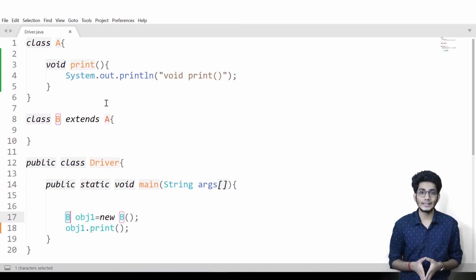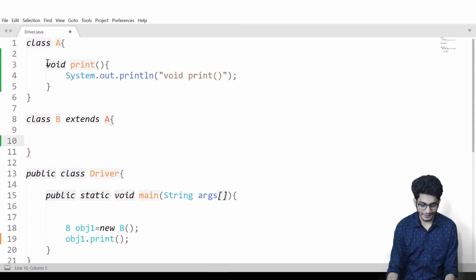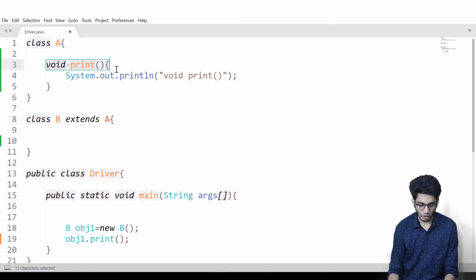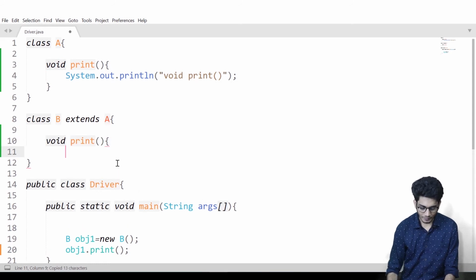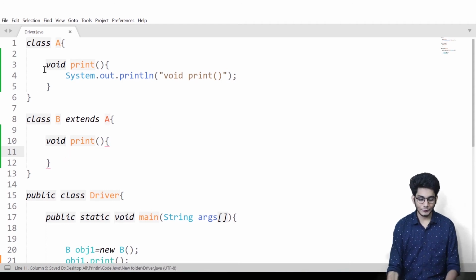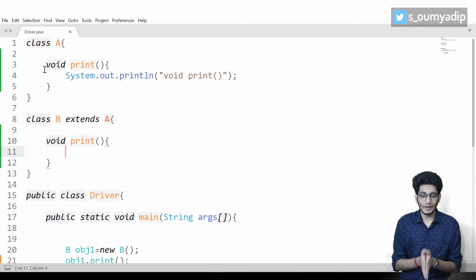Now how do we override this method? For overriding, you have to write this method with the same signature. What do we mean by signature? The parameters we are passing. How many parameters are we passing here? We are passing 0 parameters. So we'll just copy this and write the same method in class B. So we have successfully overridden our method. What do we mean by overriding? I am saying this again: your parent is saying something to you and you are overriding or replacing that. This is basically what overriding is.